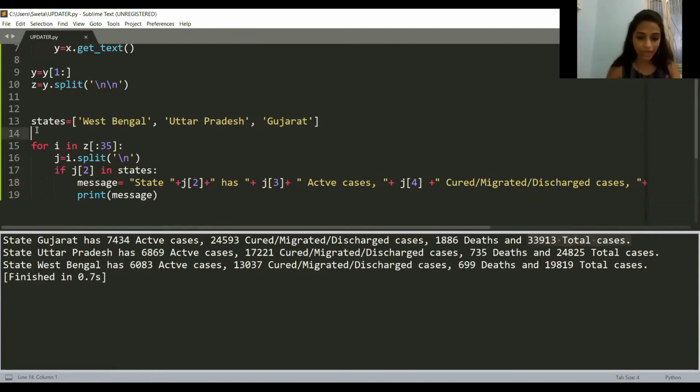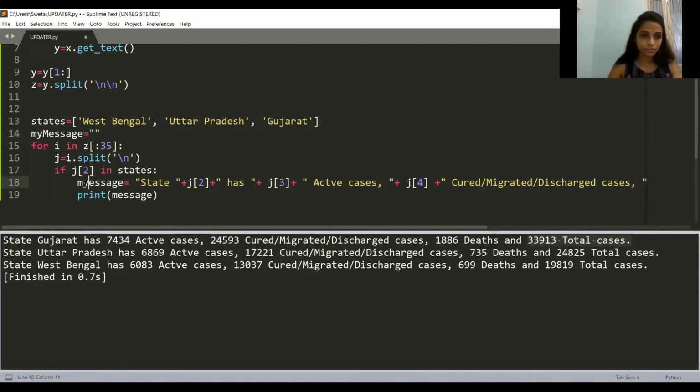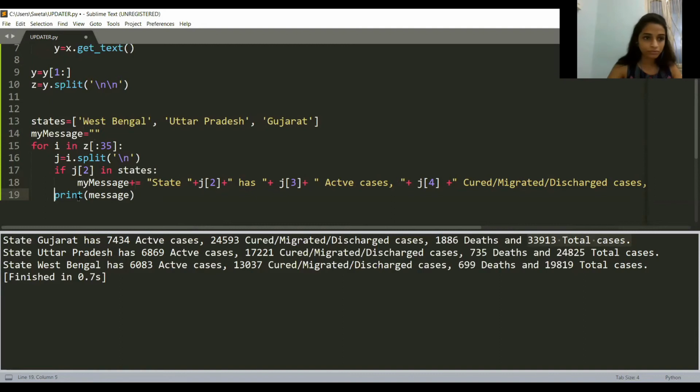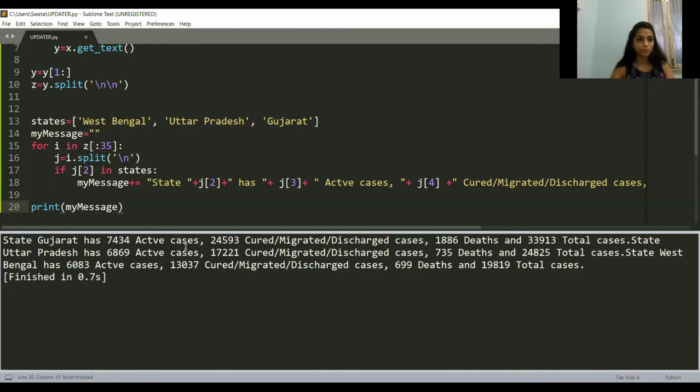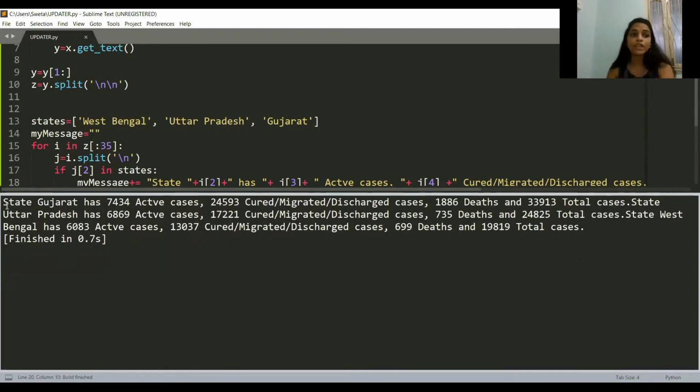So for that, what I can do, I can initialize a list here and then add these things in that list. Okay, and then outside this loop I can print this list over here. Okay, now see what you're getting. You're getting a single message which is giving you the information of all the states that you put in the list states. Okay, now if you want more than these many states, you can also give those number of states like 4, 5, 6, anything like that. If you want a single state, then you can give a single state over there.